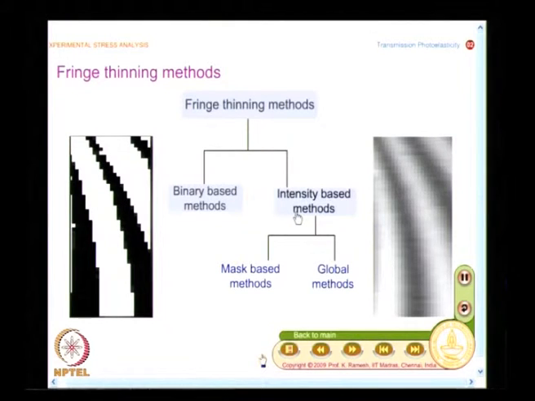If you look at either a binary based method or an intensity based method, you need to first identify from an image what is a fringe and where the fringe is located. This is where human intelligence is very important. Suppose somebody gives you a picture, you would immediately say, I have a thick fringe here, a thin fringe here, I know this is the background. The mind processes all the visual information, even without you recognizing it, and gives you a feeling that you are looking at a fringe pattern which is very dense here. But the moment you go to computer processing, you need to develop methodologies to do this.